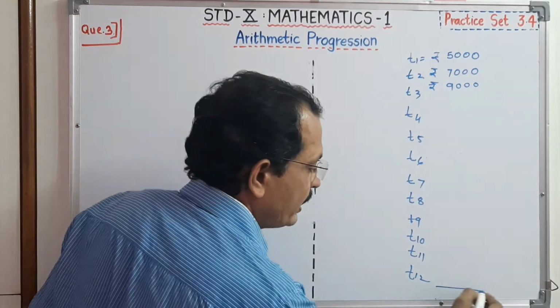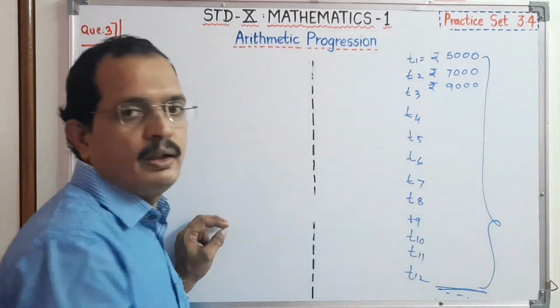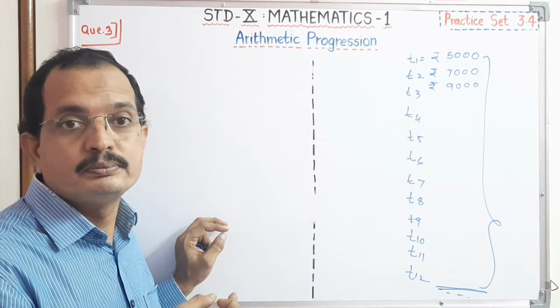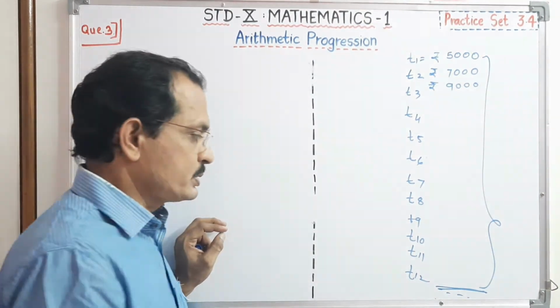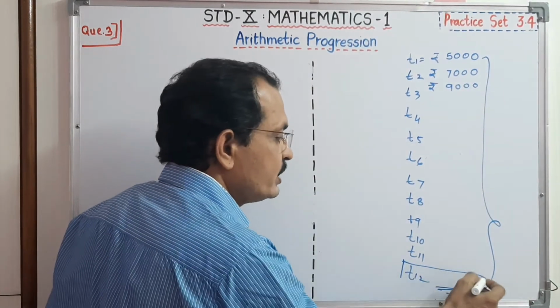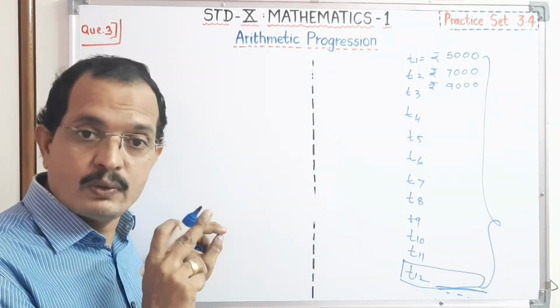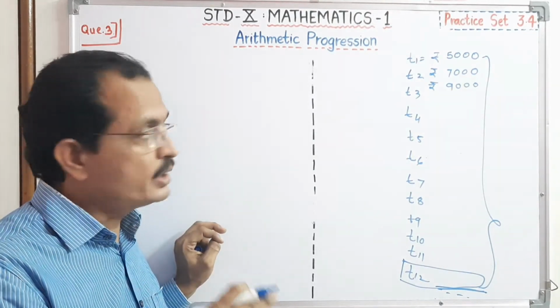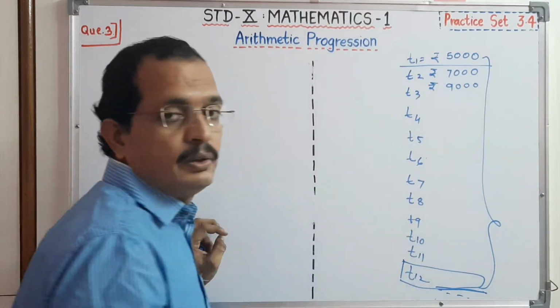And we have to find out total investment. That means we have to find out S12. Got it? Suppose how much amount he invested in 12th year, then we have to find out T12. But dear student, see here, investment of Sachin